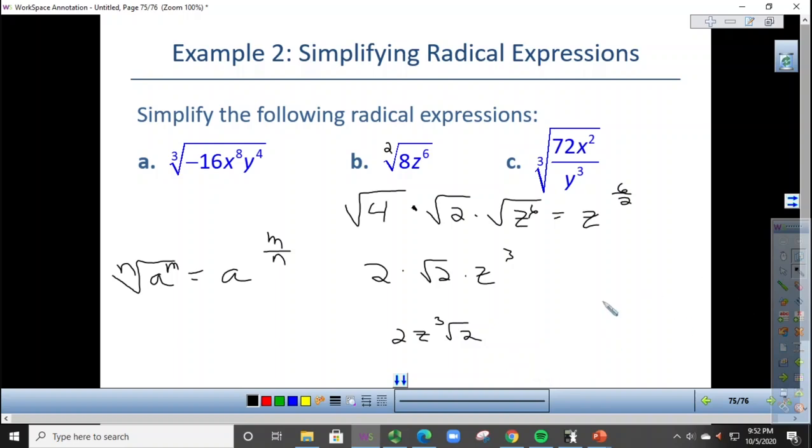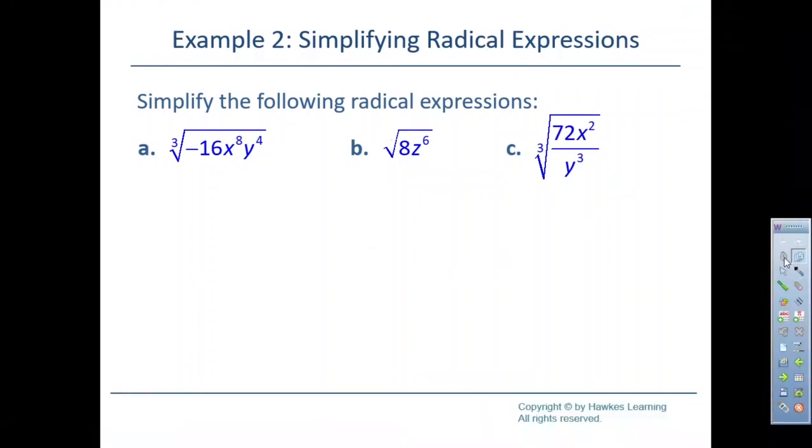Alright. And so again, look at the first way we did it, look at the second way of doing it, and you decide which way is working best for you. Alright, and then finally, if we look at C,